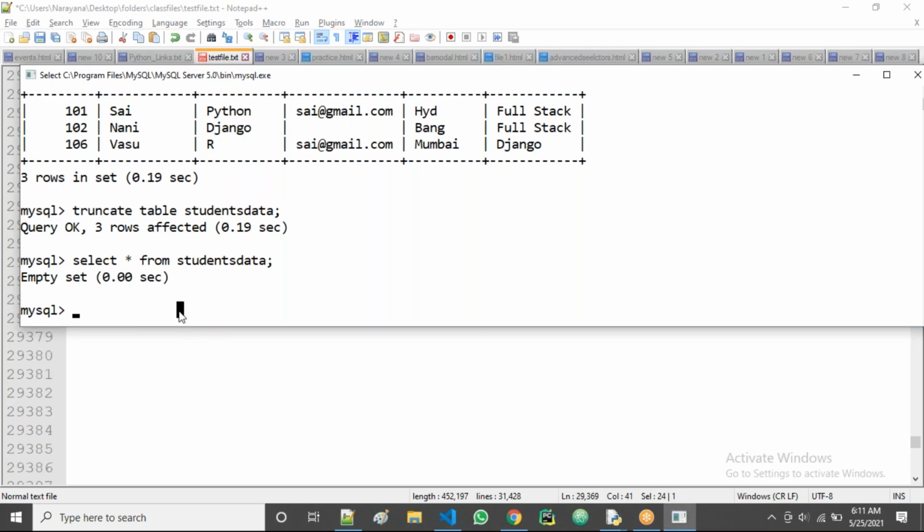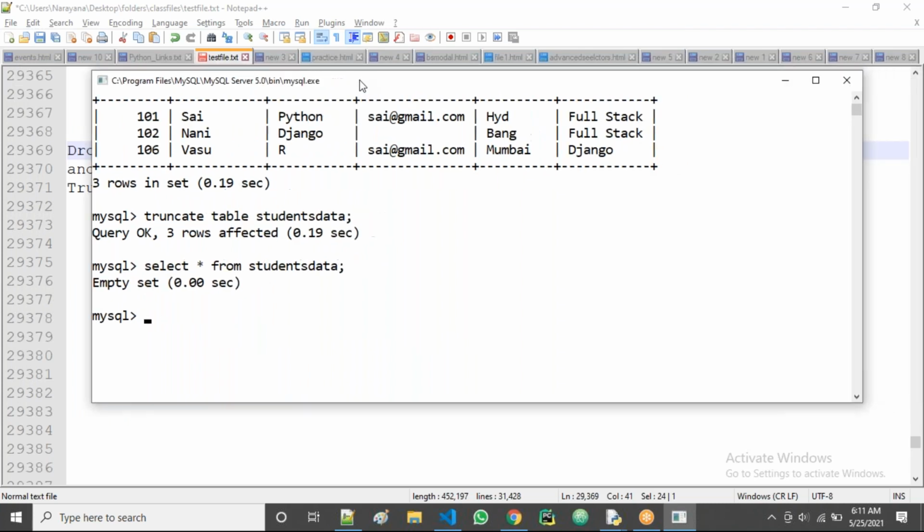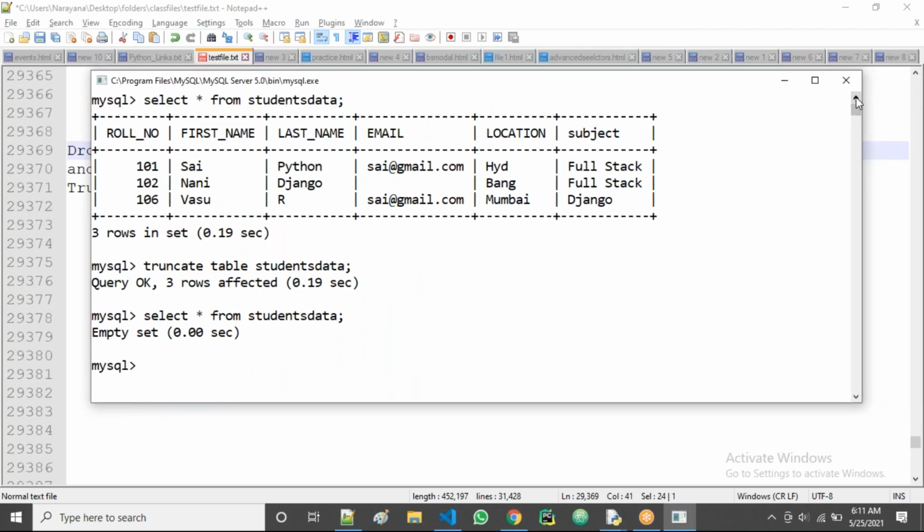Okay, now what do I do? I'll insert one or two records in this table and apply the drop operation. Insert into the table name, students data, right?